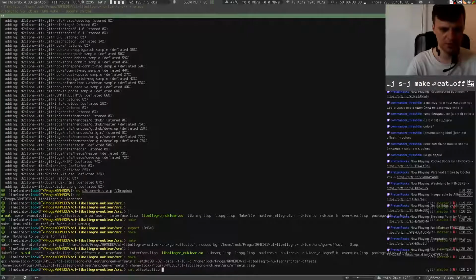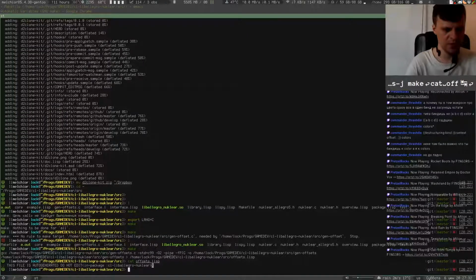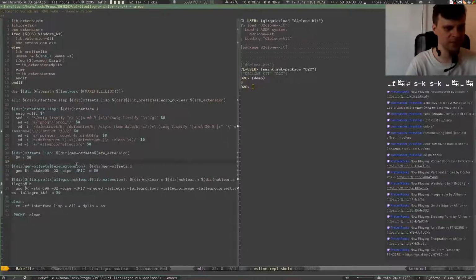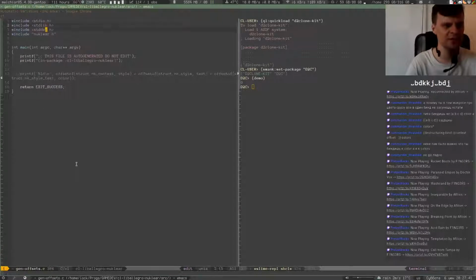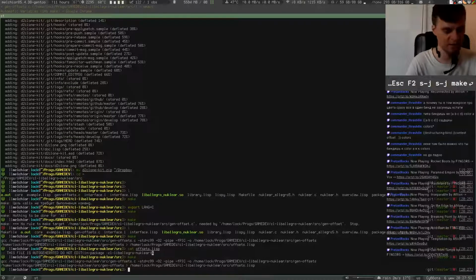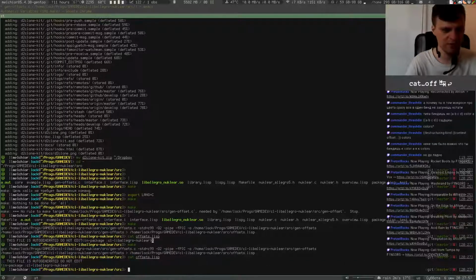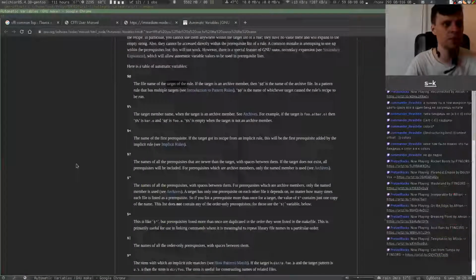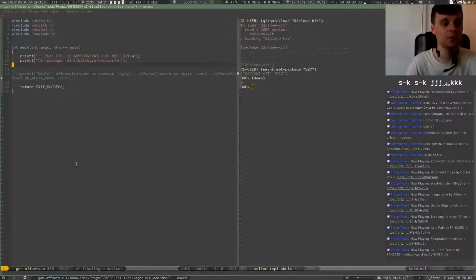Yay! So in offsets.lisp. Oh, I forgot the new line. So the makefile works. Nice. I haven't forgotten this forgotten art. So I should put \n here and here. So here we go. Would it recompile? Yeah, it does, because of the timestamps. So if we look in offsets Lisp, yeah, nice. That's exactly what I want. So what I want here is, yeah, this file actually would be a very large